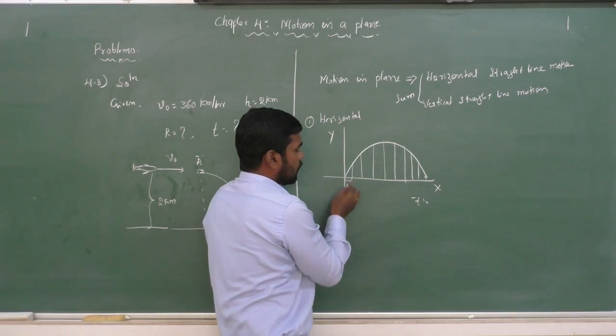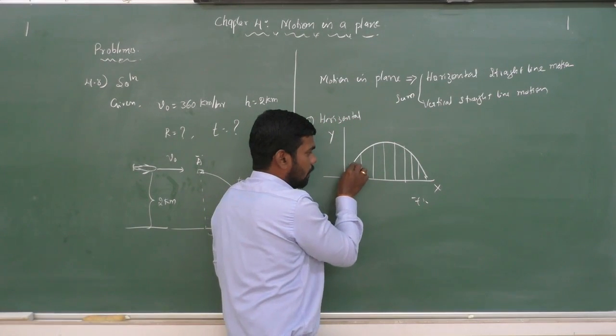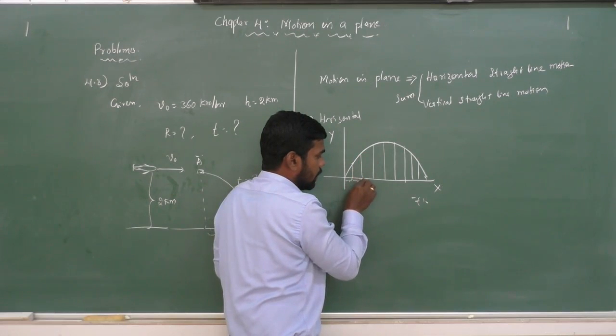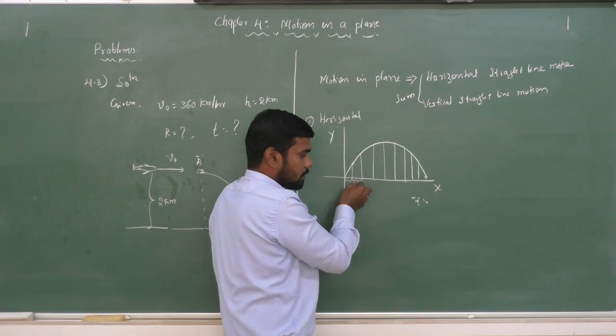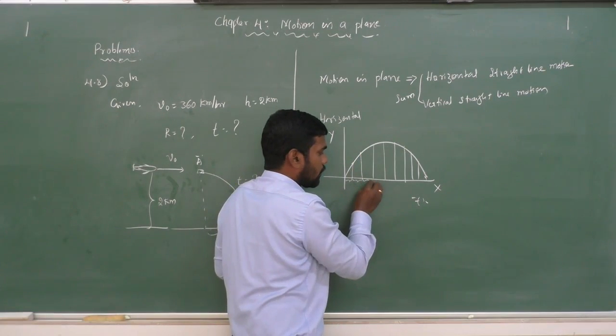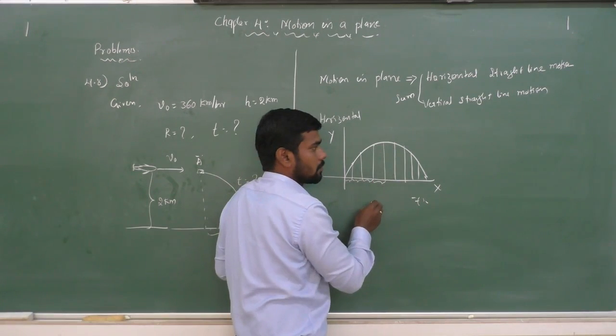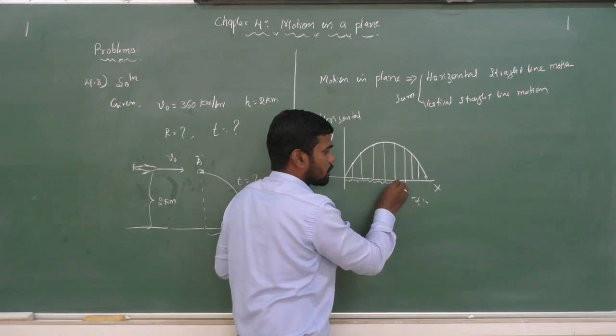Okay, here. So when the object moves from here to here, then it reached here. Similarly, when the object moves from here, that means what? It traveled a distance, this much distance along the x axis. Similarly, the object moved from here to here, and it traveled a distance this much. From here to here, it traveled a distance this much.